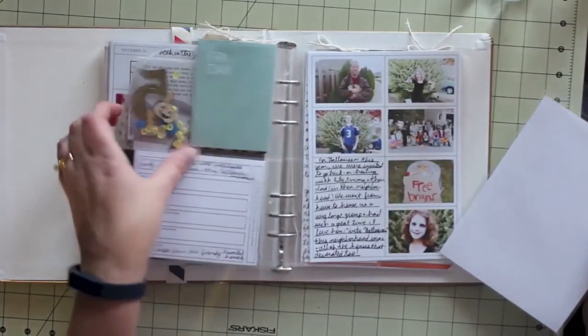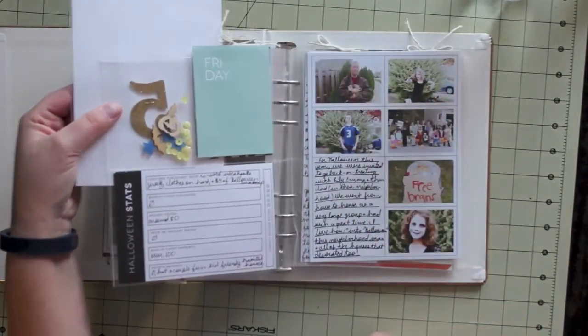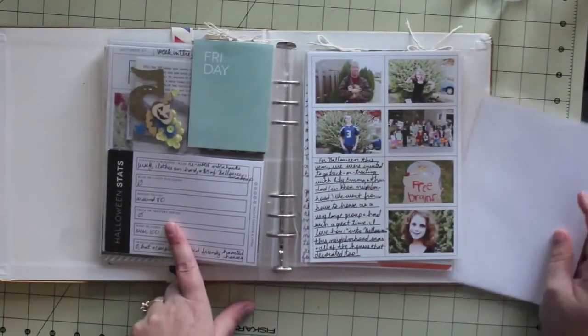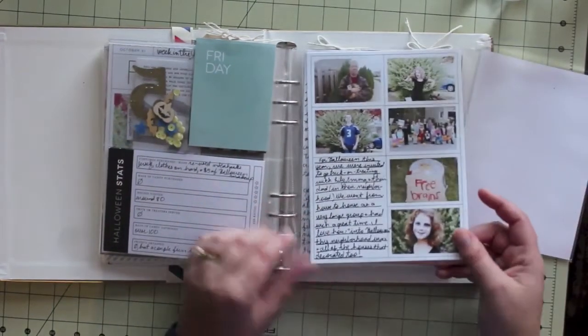And then on the back side, I think you can see the pumpkins and bats a little bit better there. It's kind of fun. Love those. Just some cards. This Halloween card set I think was Studio Calico. And then this was another template